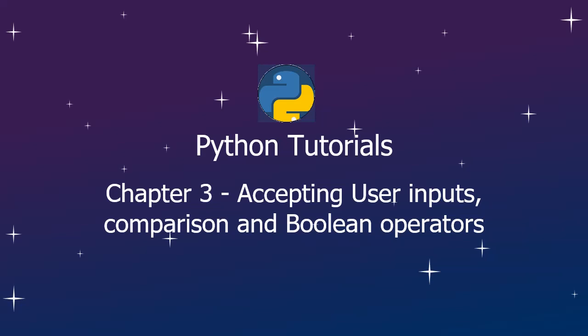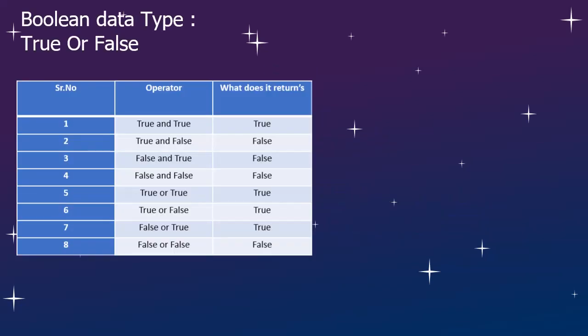In this video, we'll be learning about comparison and Boolean operators, and we'll also learn how to accept inputs from the user during a program. So let's get to it. In this video, we'll learn about a new data type called a Boolean data type. A variable of Boolean data type can have a value of either true or false. Based on these values, we can have some fun with different operators like the AND operator, and the second operator